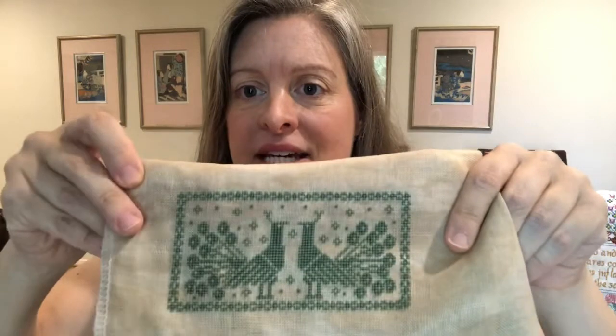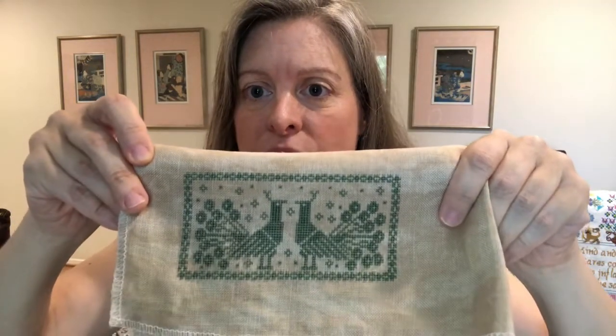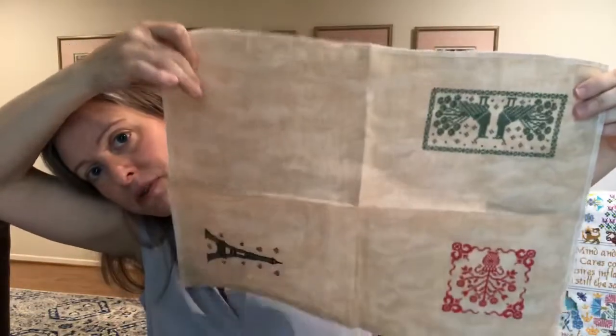And then I did this one from the Modern Folk Embroidery Birds of a Feather. So essentially I kept this little piece, there's still room over here, but I just essentially kept this one piece of,